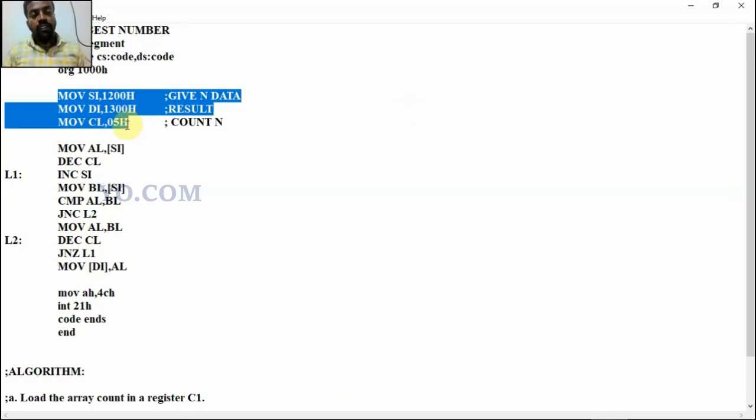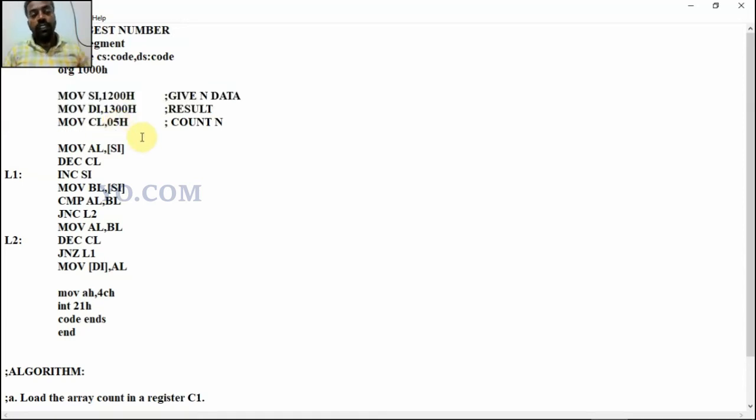Here in CL we are giving the count value. The count value is 5, given directly in the program. In the previous program, the count value was given through a memory address. Okay, right, so 1200 for input, 1300 for output. Then the count is 5.